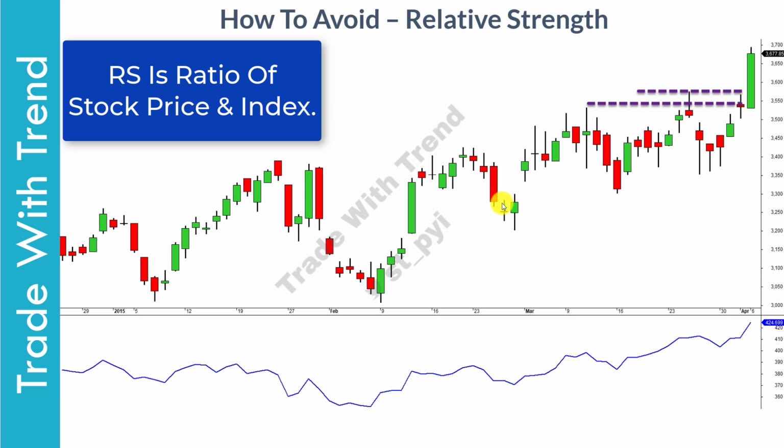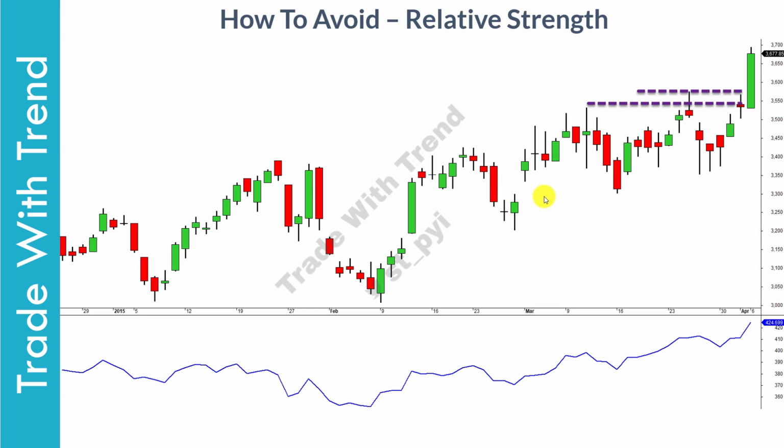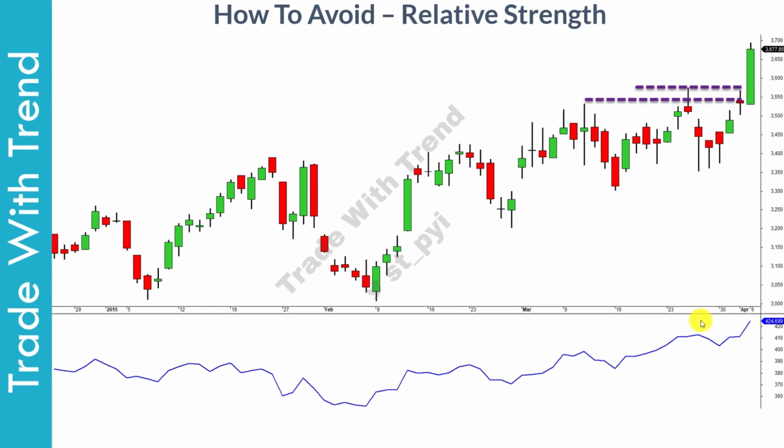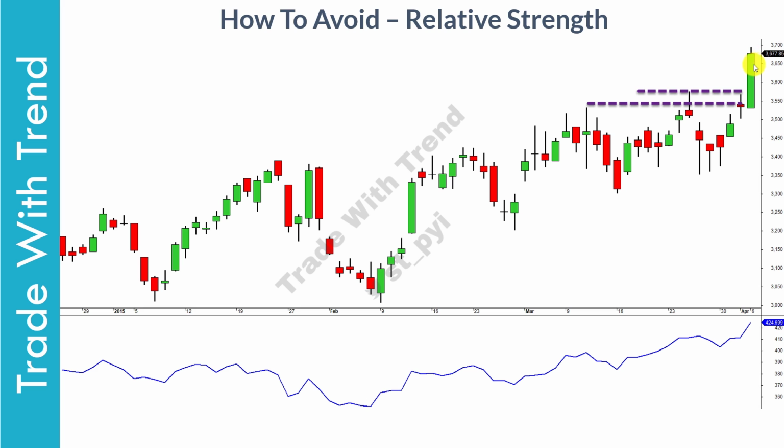So just take a look at one more example here. This is a daily time frame chart. This is a clearly well established resistance region, and then you get a breakout here, somewhere on April 6th. When this breakout candle formed, just take a look at the relative strength line here. Over the last couple of months, the relative strength line was clearly trending higher. This meant the stock was outperforming the broader market. And then you get a wide range candle on the upside that clearly moves above a well-established resistance region. So again, these are the kind of breakouts that tell you that there are strong participants entering this particular stock.